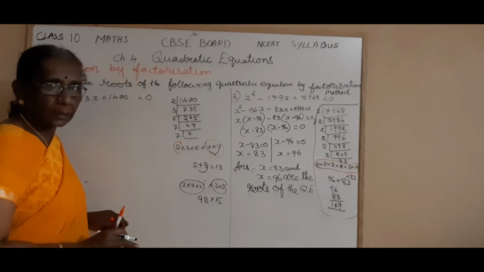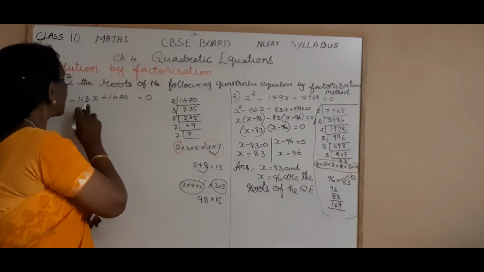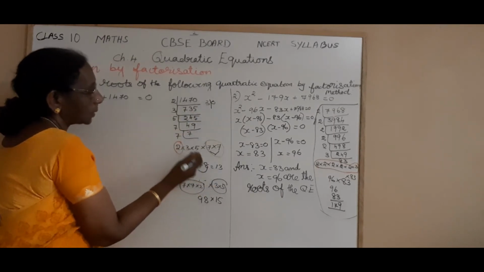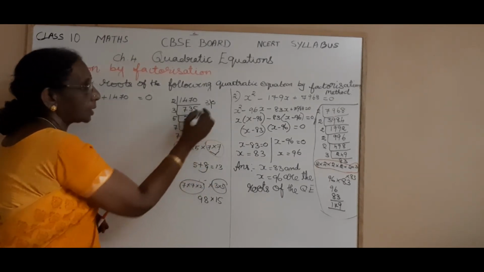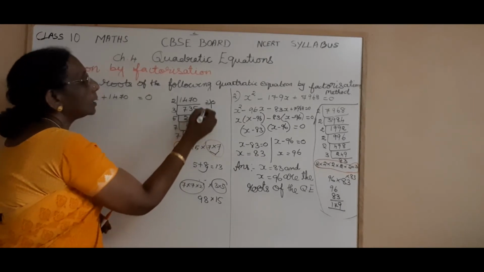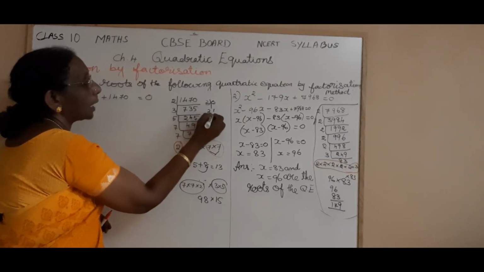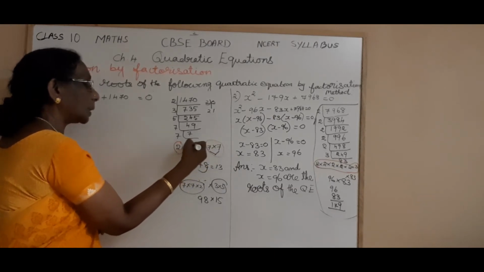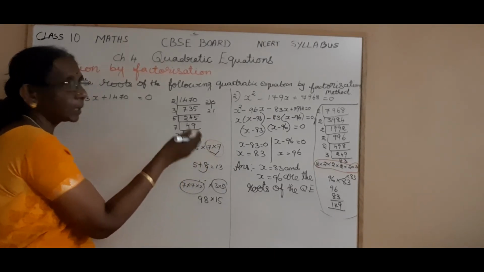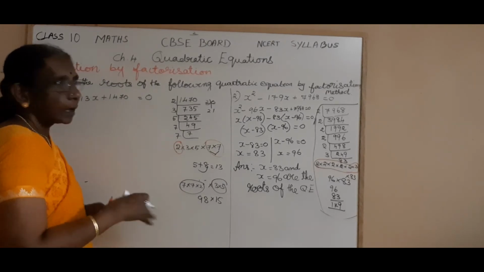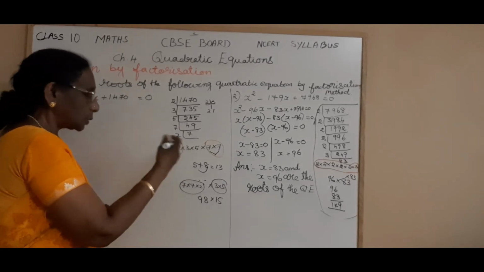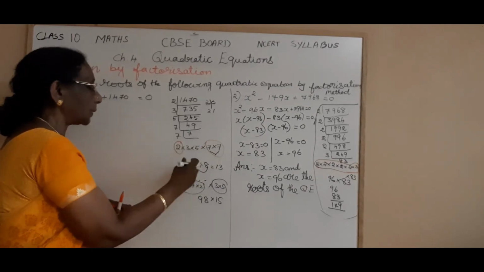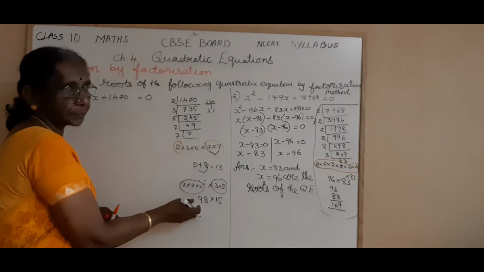How are we selecting that? So here we selected with 3 and 0. And here there is no possibility of getting a number ending with 3. So we left it. Then we moved with 2 and 1. Here also 7 3s are 21. And other numbers, if you take that also, you won't get that. Okay, so we check, and at last 5 and 8. When you group with 5 and 8, you are getting this.